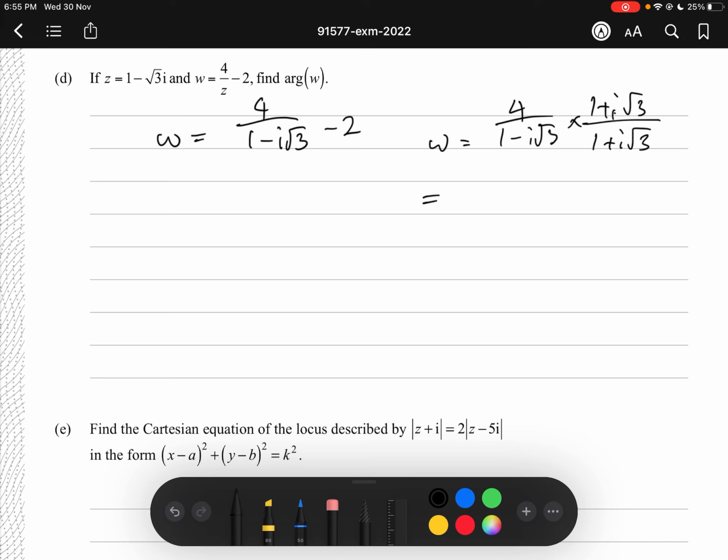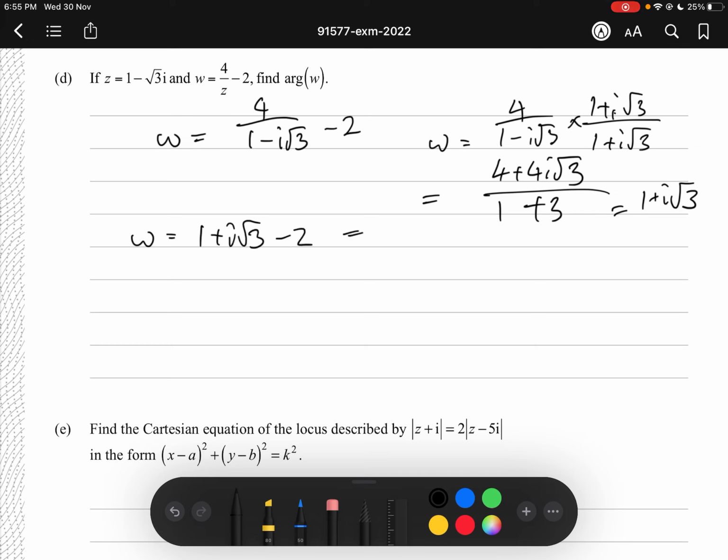And that is equal to 4 plus 4i root 3, all divided by, what am I doing? 1 times 1 is 1, and we have 1 here. i root 3 times negative i root 3 is negative i squared times 3. i squared is negative 1, so negative 1 times negative 1 is positive 3. So that's a positive 3 there. So this equals 1 plus i root 3. Perfect. And we know that w equals 1 plus i root 3 minus 2, which is negative 1 plus